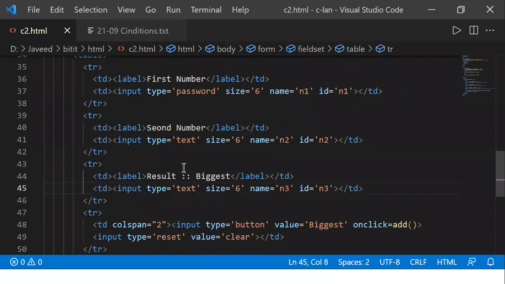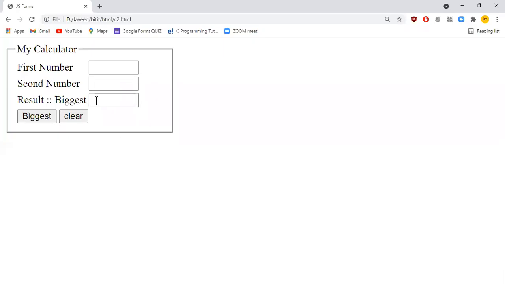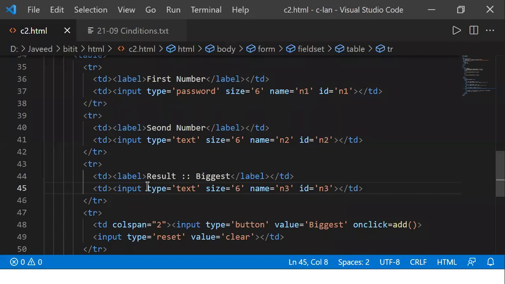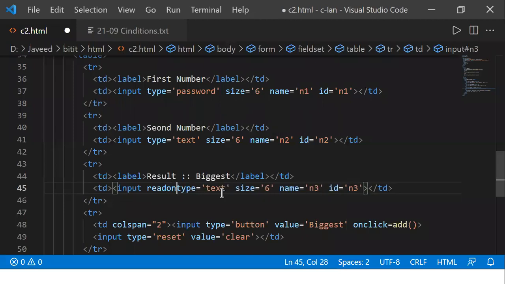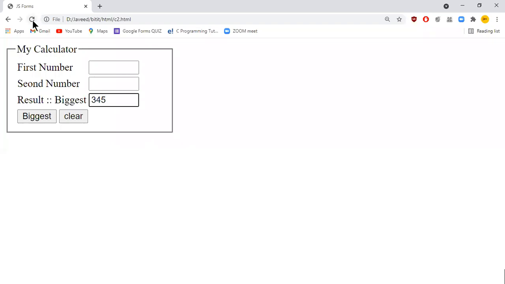So the application that we designed, this is my screen. Now in this last one, I'm able to enter data. Now I don't want the user to enter data there. I want the result to be computed by my application itself. So what I do, here we have input type equal to text, and here I'll write read only. I typed it as read only and saved it. Then I come back to my user interface screen and refresh. Now I click here and try to key in something. It's not allowing me to do that.